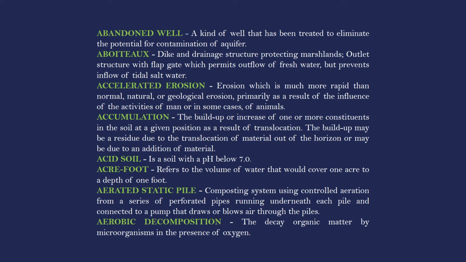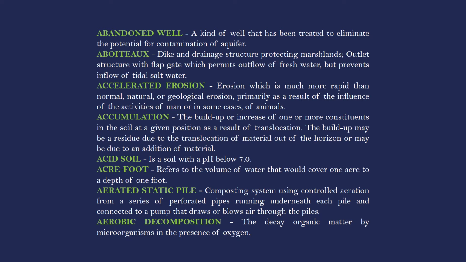Accelerated erosion: erosion which is much more rapid than normal, natural, or geological erosion, primarily as a result of the influence of the activities of man or in some cases of animals. Accumulation: the buildup or increase of one or more constituents in the soil at a given position as